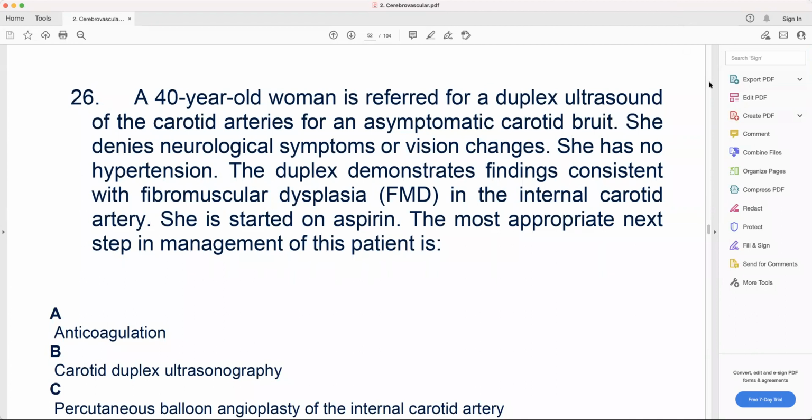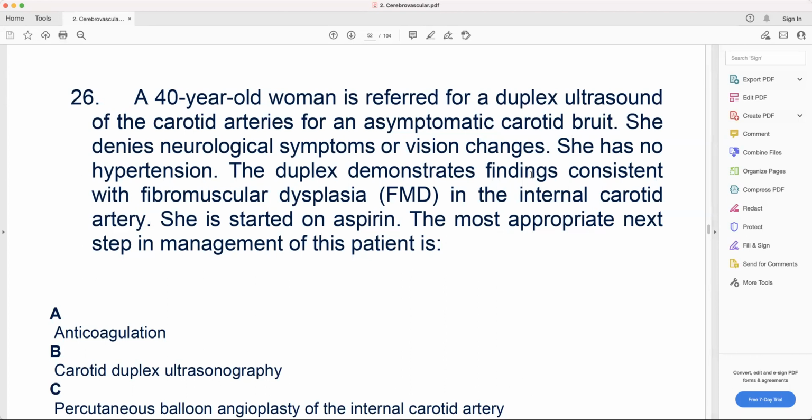A 40 years old woman is referred for duplex ultrasound of the carotid artery for an asymptomatic carotid bruit. She denies neurological symptom or vision change. She has no hypertension. The duplex demonstrates findings consistent with FMD in the internal carotid artery. She is started on aspirin. The most appropriate next step in management of this patient is: